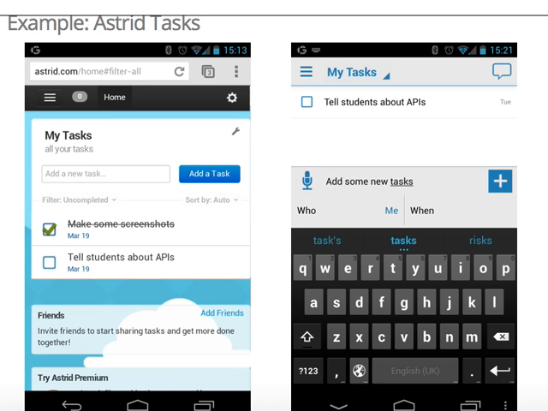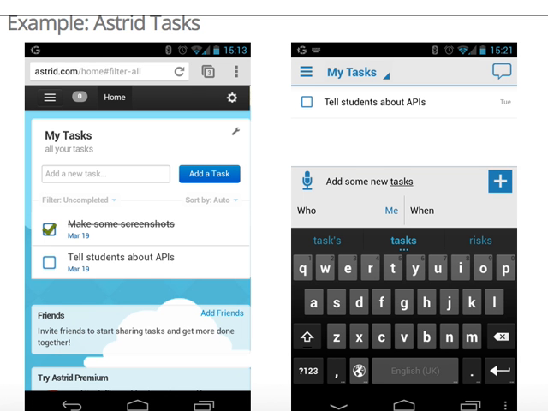The app is called Astrid Tasks. Maybe you heard about it, maybe you haven't. But basically, it's just a task manager which has a web UI, a mobile web UI for that matter, and a normal web UI. Here you have an Android application. There are also applications for iOS, BlackBerry, maybe even this thing called Windows. I don't know if you heard about it.